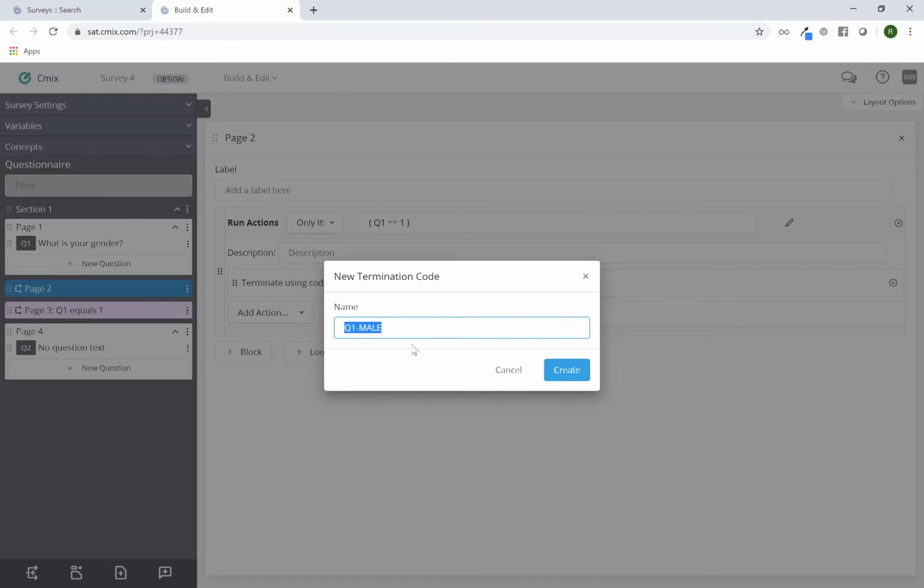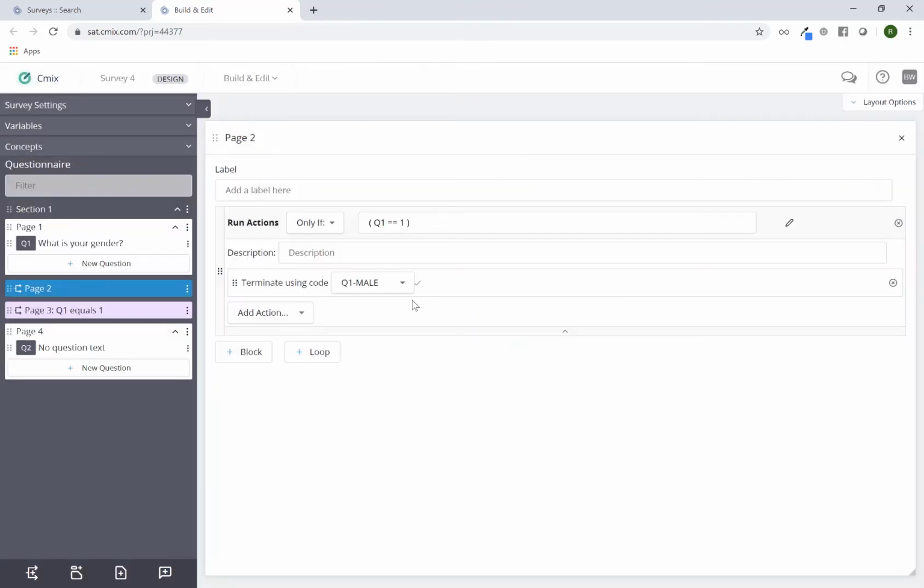Or I could just say gender, or Q1 gender, whatever makes the most sense to you. I'll hit create. So now that's my termination code. The reason why these termination codes are important is because these codes are added to your termination report on the survey dashboard. So if I go back,